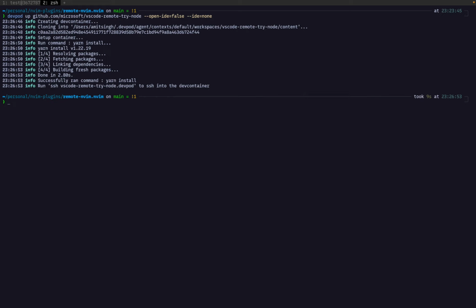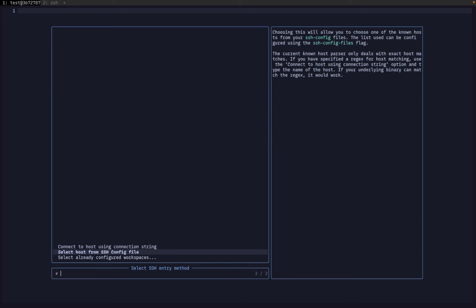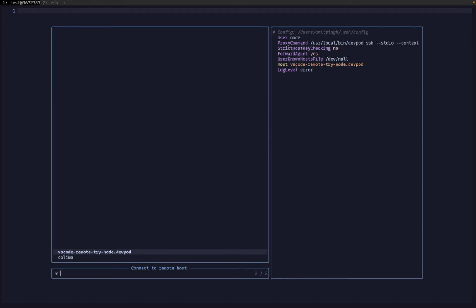And why this is possible is because it has written a certain host entry in my SSH config file, which you can obviously see from here. So this is the host entry that it has written, and it uses an agent, basically a proxy command, to handle everything. But that does not concern us. We can just use it like normal SSH. So I would choose that, and